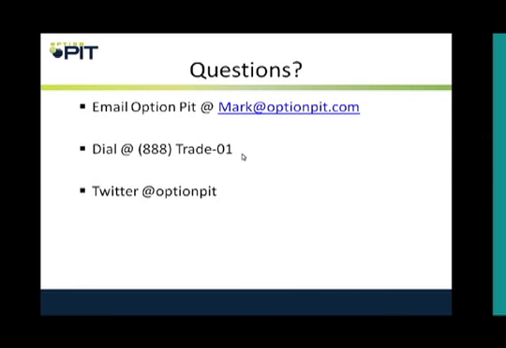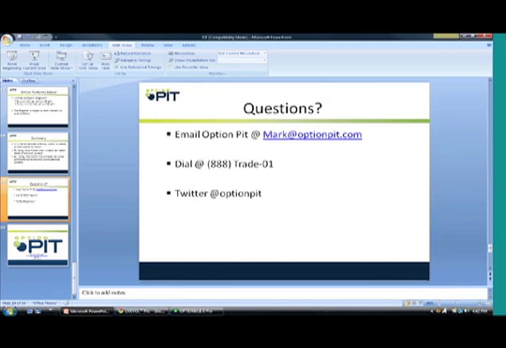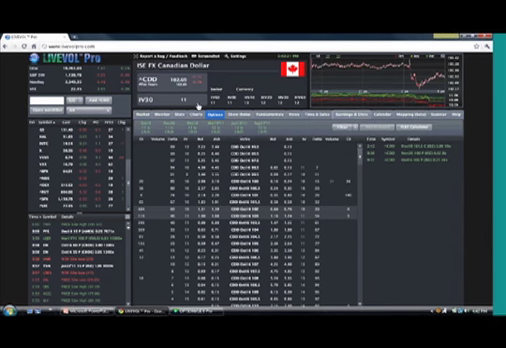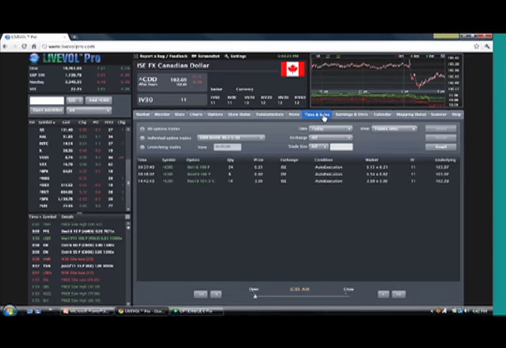All right. How do you determine if you're paying too much for a debit spread? Well, if you end up losing money, you paid too much. No, kidding. That's a really difficult question. But here's what I would say about ways you can figure out whether you're paying too much for a debit spread. A product like Live Vol Pro can really give you some clues. And back to our Canadian dollar,